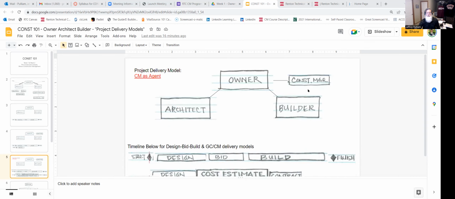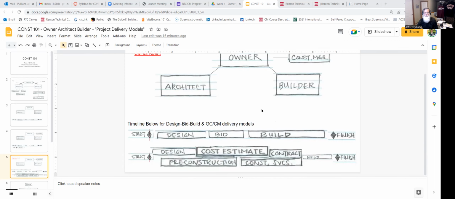I still include I don't have everything. I hope you guys can see it all right. I still include the construction manager as agent. In this particular model, below here, you can see a couple things. One is I continue for you to compare